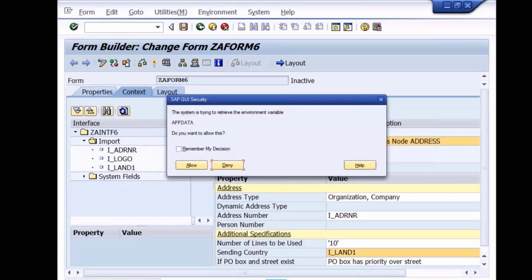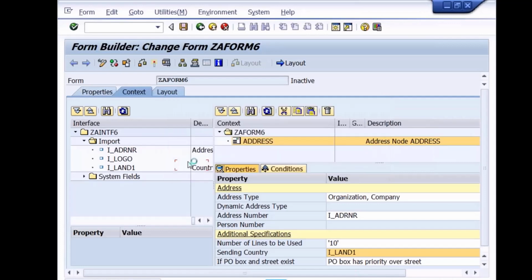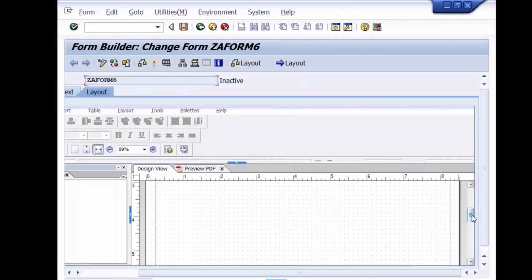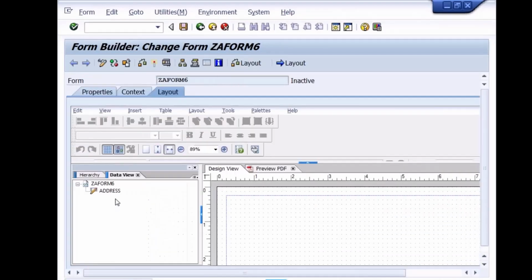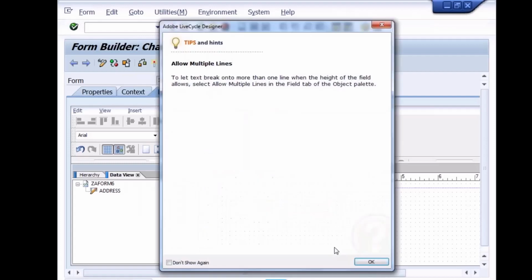Now you have to design the layout. Let us go to the layout. Layout is designed. Now here I'll drag and drop the address node. I got it. Done. Okay.